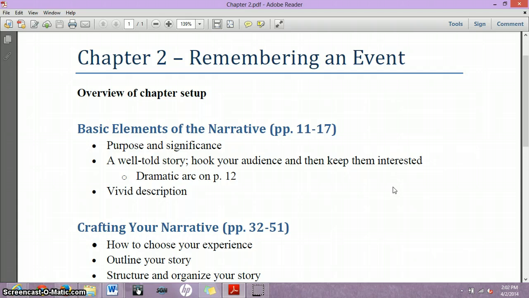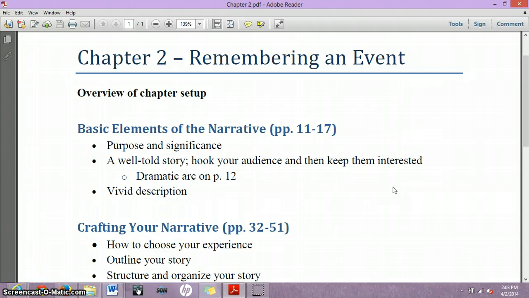So one is the information and the theory behind each type of writing, and the strategy chapters are more of the practical application of that information. So we'll be working with them together as we go throughout the quarter. You'll notice that, for the narrative writing unit, for example, you're going to be working with chapter 2 and chapter 14. Chapter 14 covers the strategies, again, the practical, application side of the information that's presented in